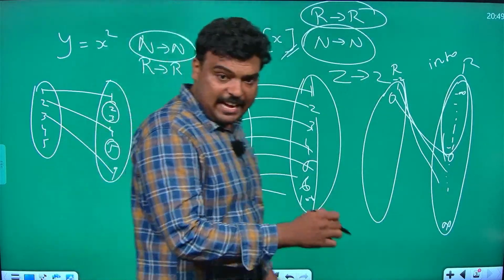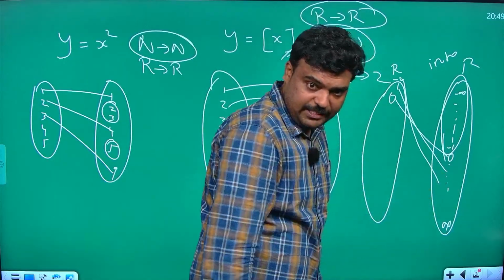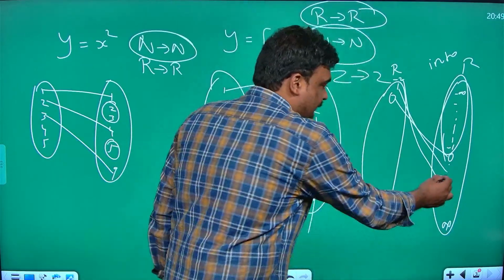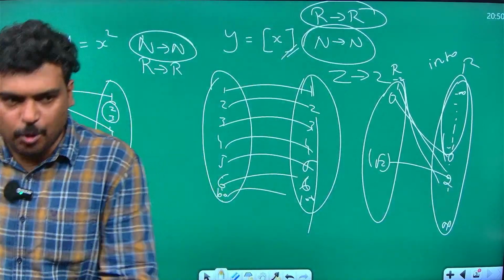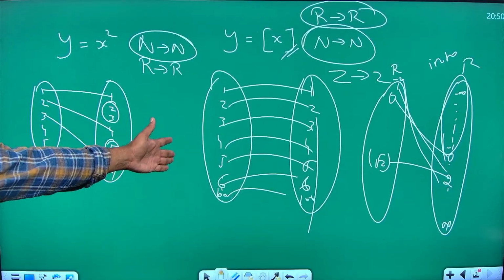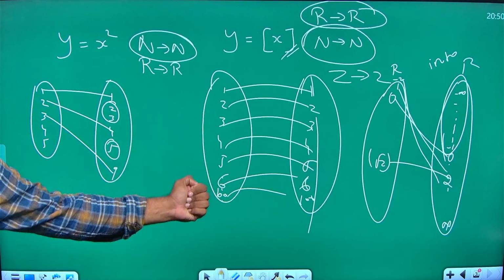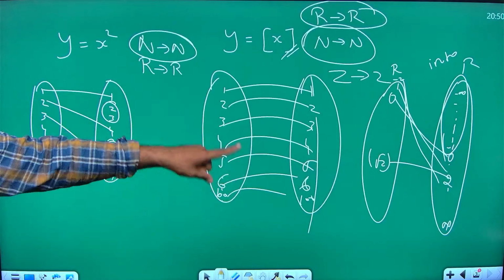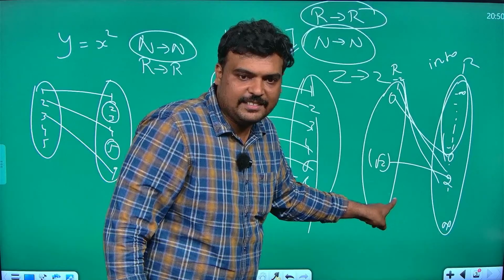Sir, you may ask, at this place, I will have imperfect square numbers, so how will they match? See, if I have 2, root 2 square will become 2. Root 2 will be there in the real numbers. Sir, I want 5. 5 is not a perfect square number, but root 5 square will give it, because in the real numbers, root 5 will be there. Are you getting it, guys?